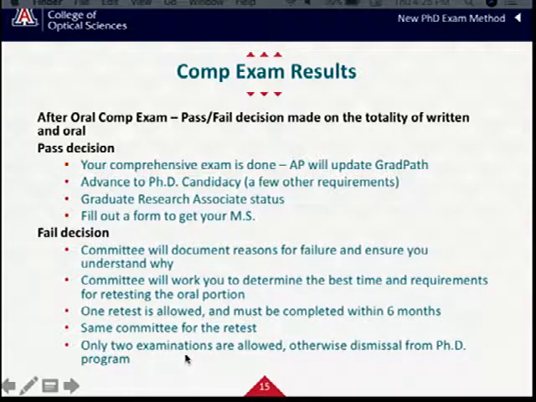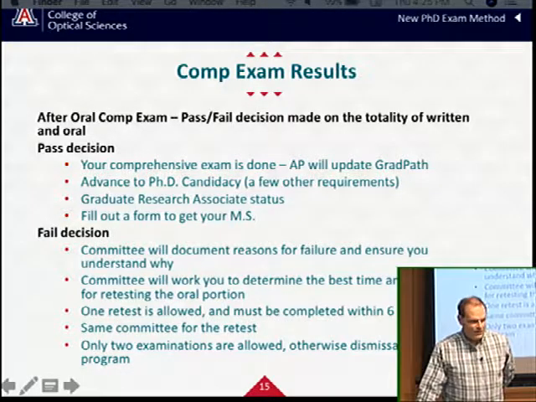And if at your second examination, if it's a failure, once again, there is dismissal from the Ph.D. program. Okay, I ended this on a negative. So,